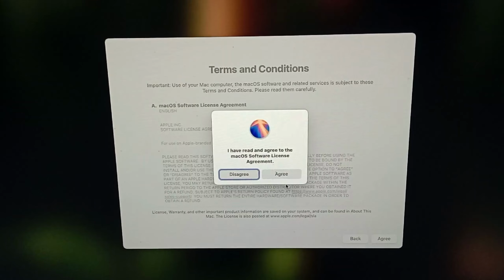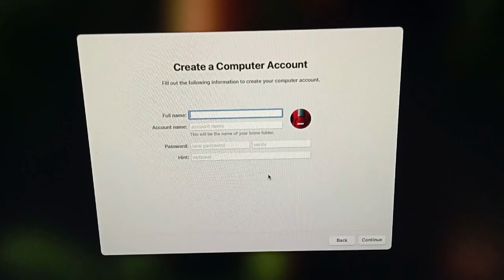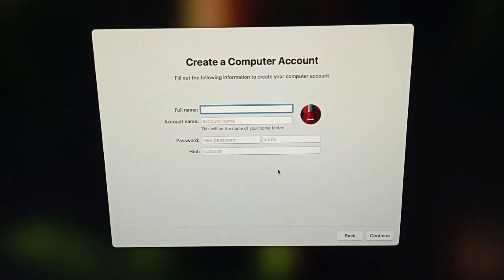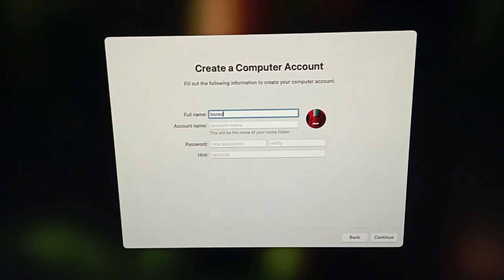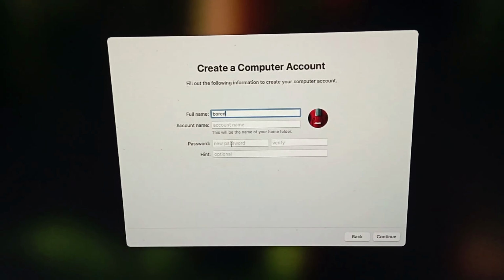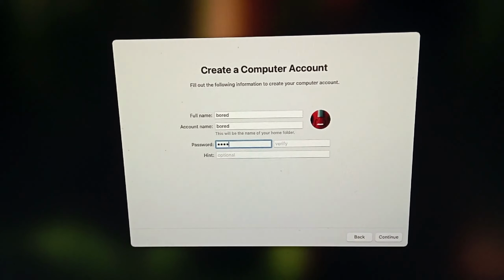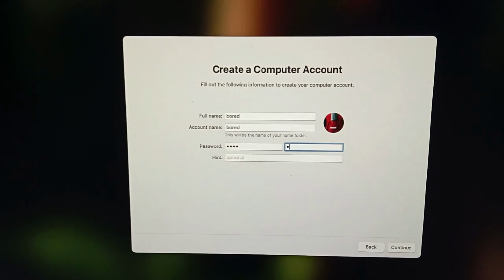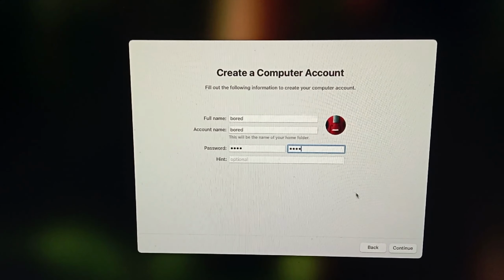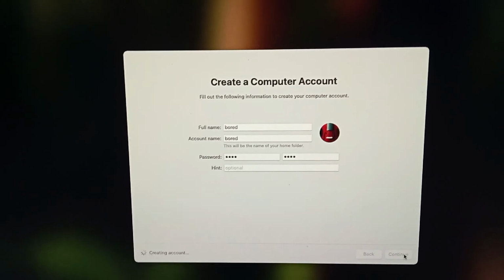Agree, hit on agree, and then I'll just set my user, continue,